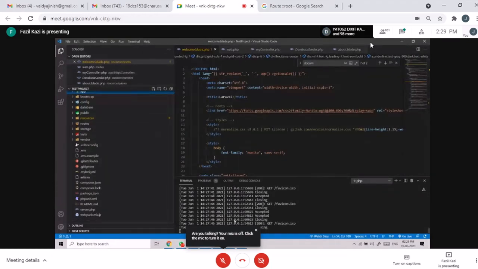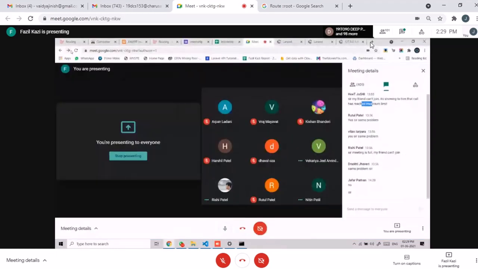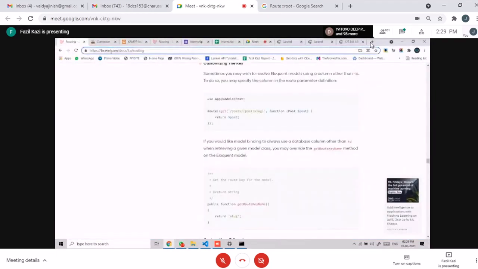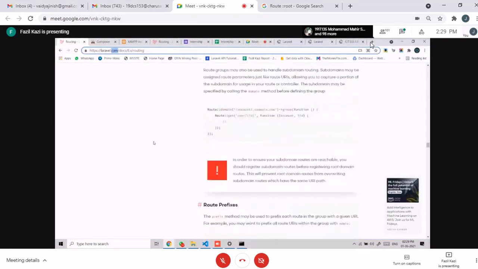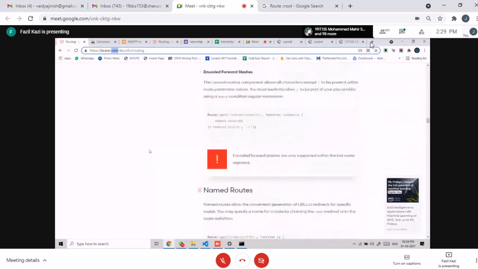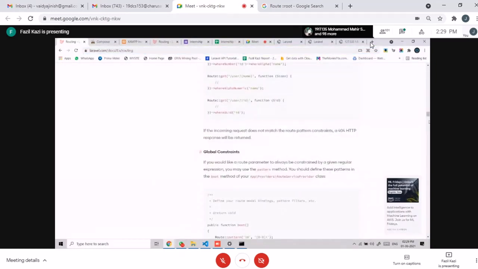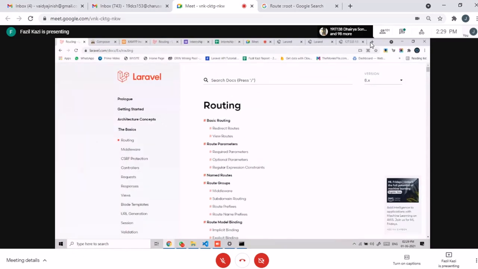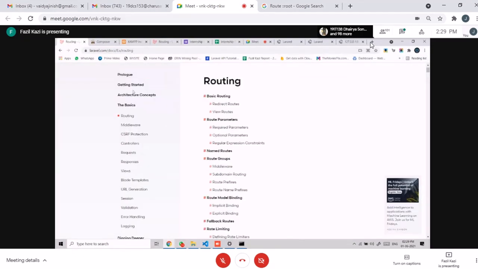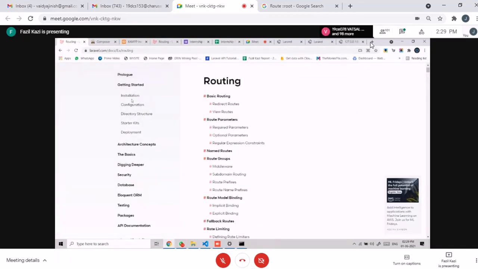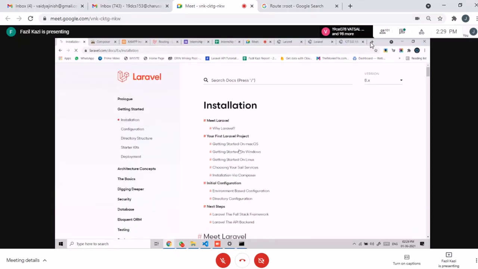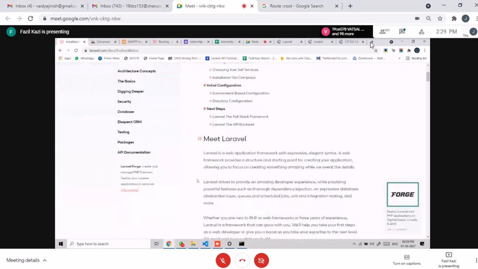Everyone, I want you to install Laravel. You can go through the documentation at laravel.com, where you will get the documentation for the installation. Just go to this website and click on getting started and installation. You first need to install XAMPP, and after that you need to install Composer.